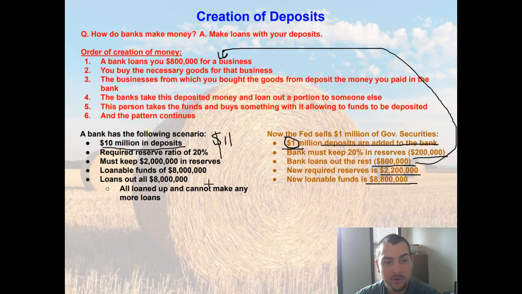Since they had only loaned out $8 million before, and they now have this additional $800,000 they can loan out, they loan out that money to a business, and then this little chain of events begins where Bank 1 loans the money out, and it's deposited into Bank 2. Bank 2 then takes their deposits and loans out to somebody else, goes into Bank 3, and so on and so forth. So that's how we have a creation of deposits. And it's all happening because our checking accounts are just entries into an account. We're not really dealing with physical currency, so we can basically keep adding more money into it.